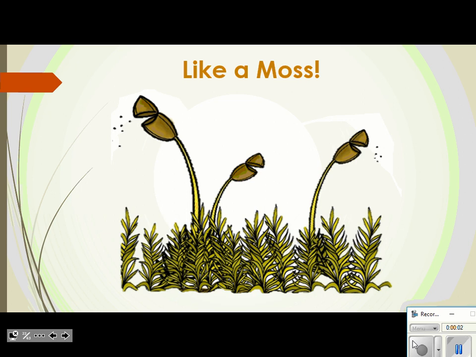Up on the board, you can see that we have a picture, and we're going to deal with a moss. What you have here, folks, is we're going to talk about some terms like gametophyte and sporophyte. You did these in your notes yesterday. Here is just a simple picture of a diagram that we're going to deal with today in a moss and get some labels on our diagram. So when I click to the next slide